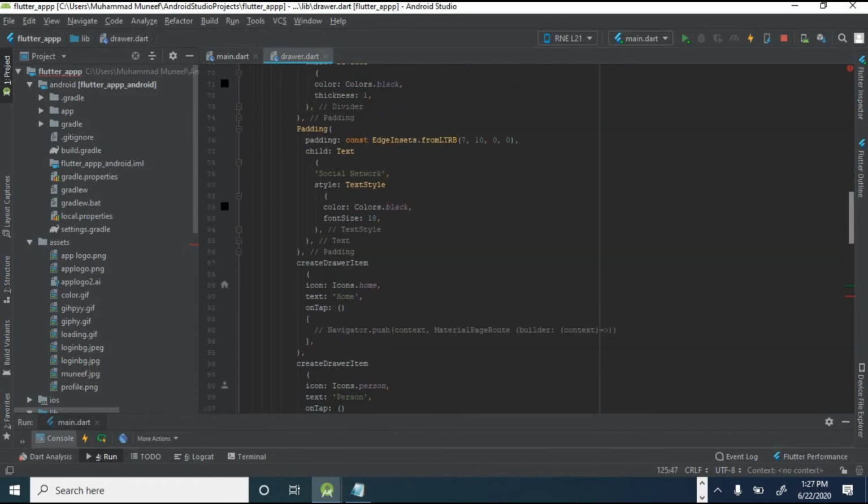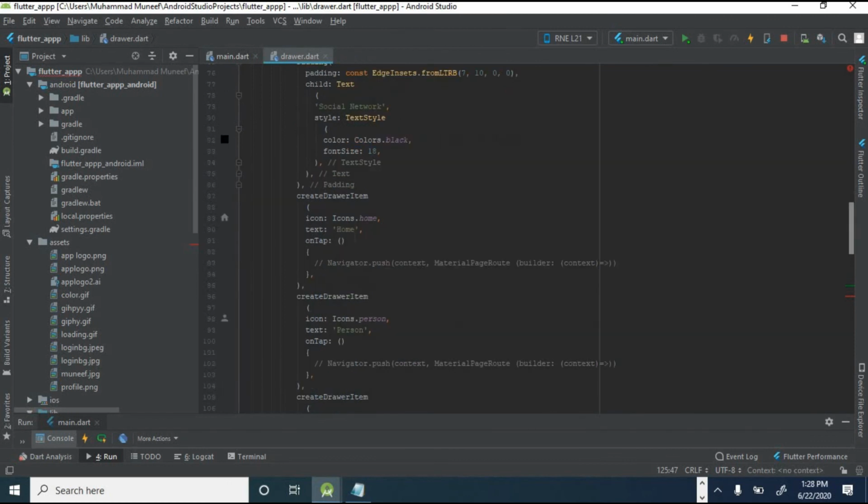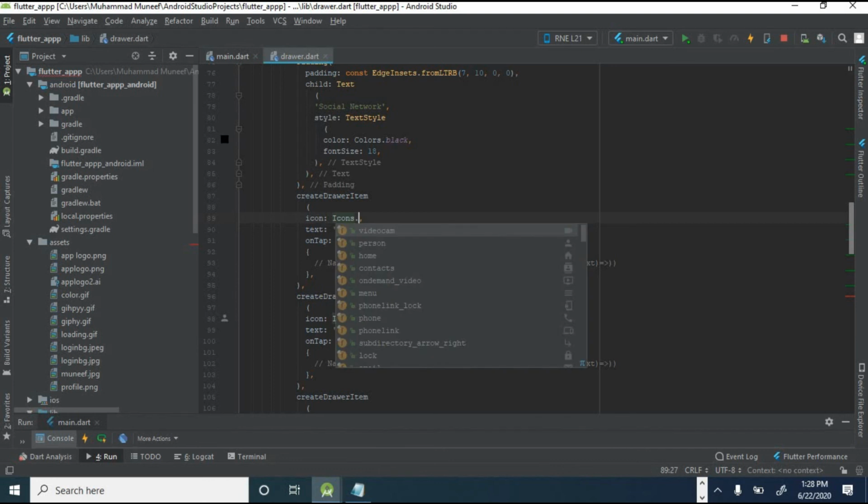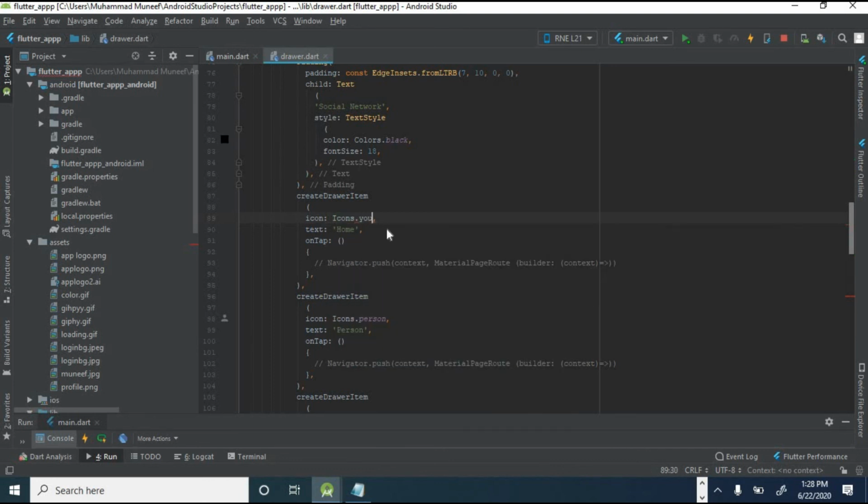Let me change the icons for social network. I will say YouTube, search for, I think that is fine, and over here I will give the icon of web. I will say it blog and